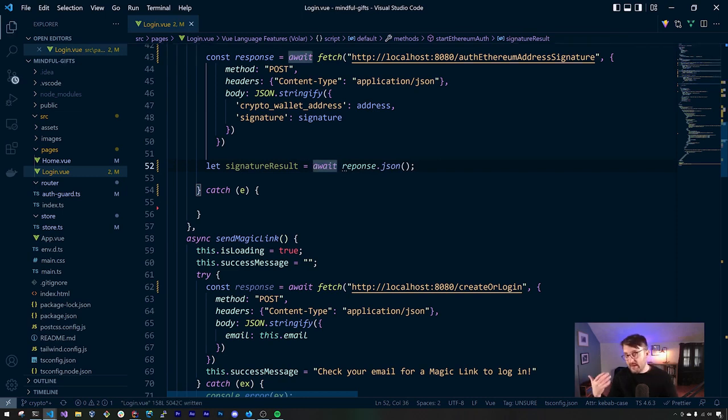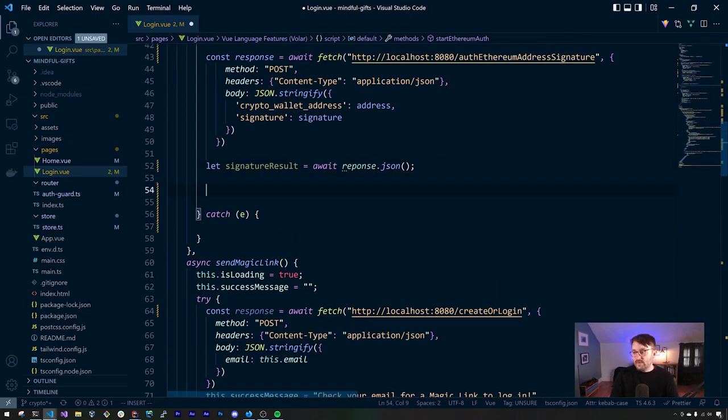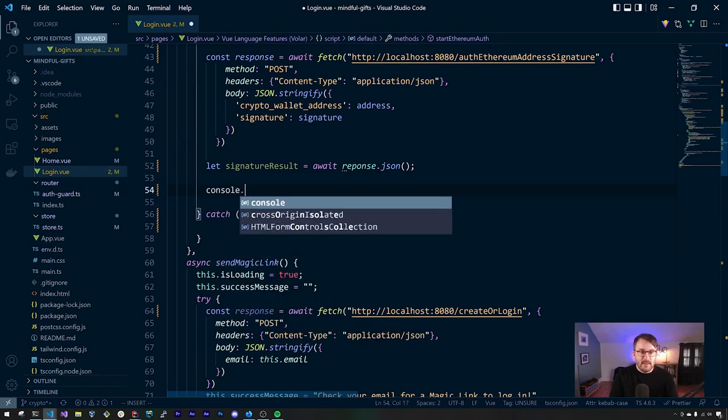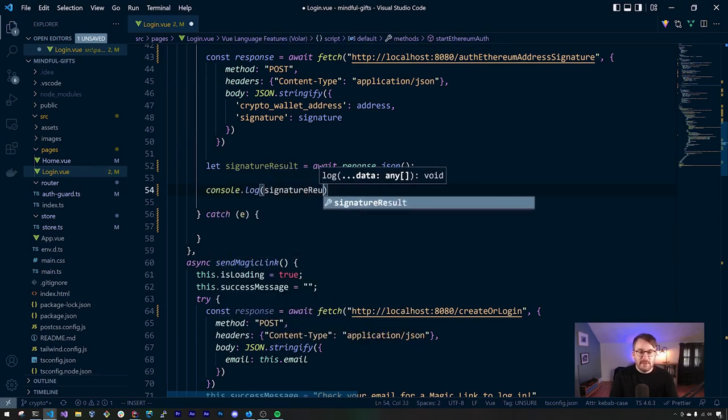And what's going to come back here in this case is actually a session token, which is just what we can use to make subsequent authenticated requests. And we'll also get back a JWT that we can inspect that may contain additional data, additional user claims that we have, and we can take a look at that shortly. So we can take a look, we can log that out. So we can say like console.log, signature results,